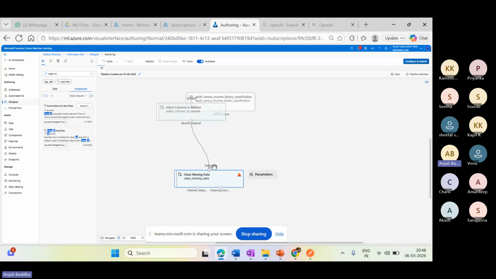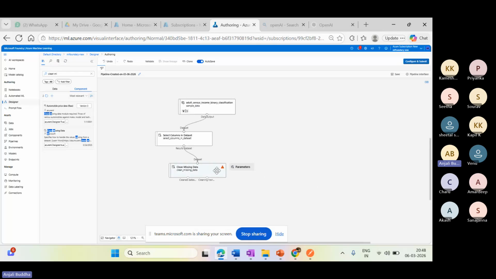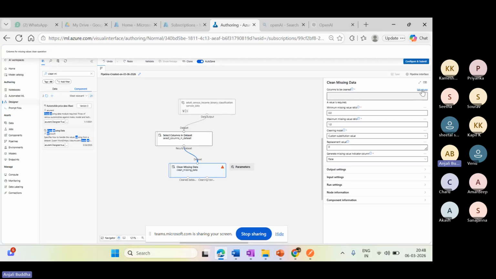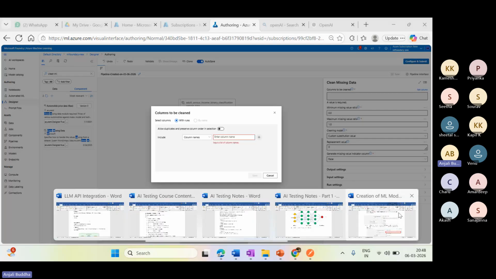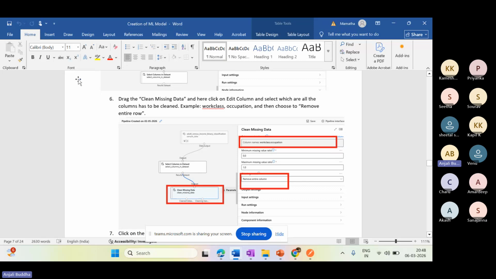As part of the missing data, here I need to check how to handle it. If you can see, the data cleanup process is asking me which columns I want to clean up. So I need to specify the major columns which are going to have scope in my production.